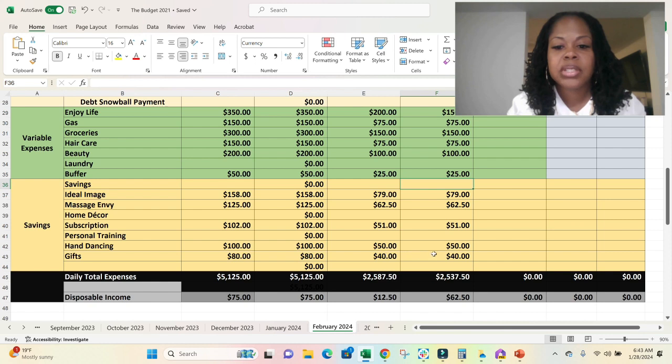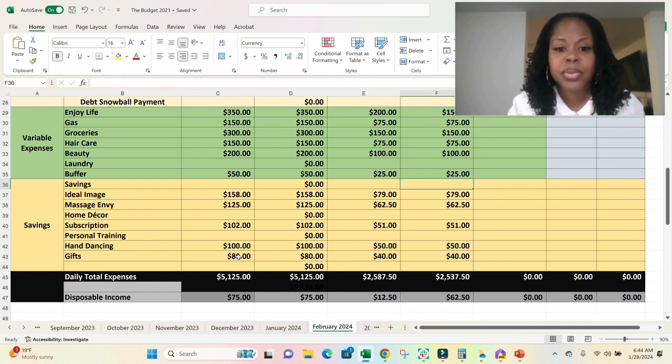$80, $40 per check. My daughter's birthday is in February. I have already purchased her gift. It's back ordered, but it still should be here before her birthday. This will probably be spent on whatever activity she wants to do. I think right now she wants to do like painting pottery or something like that. So that's what we'll do. And I already have $80 in my gift category from January.